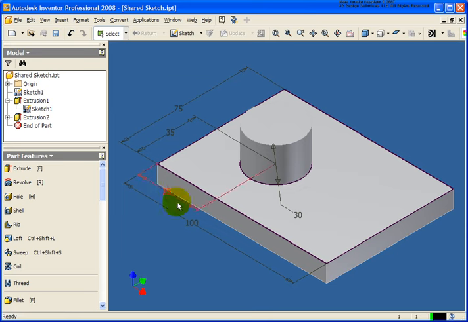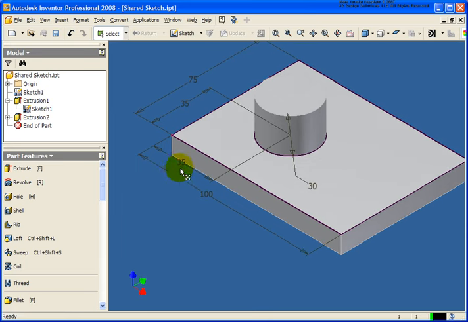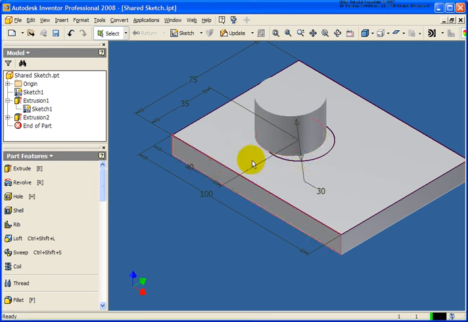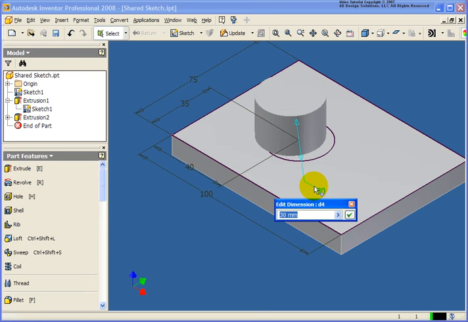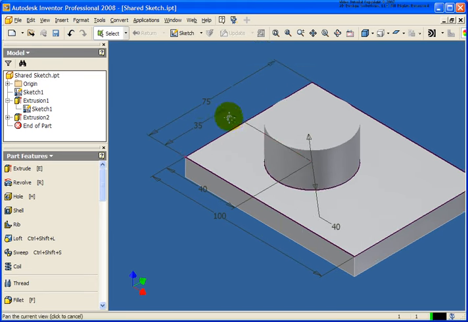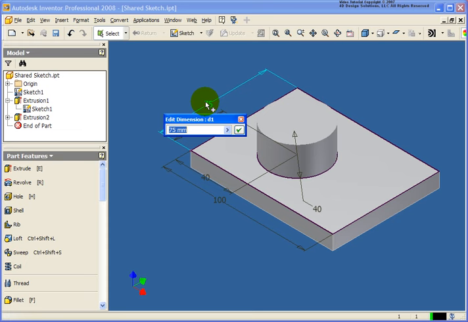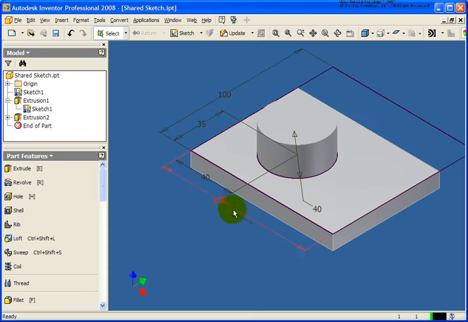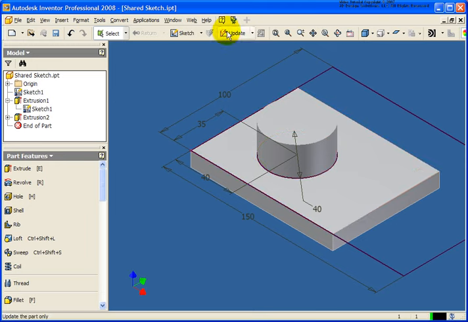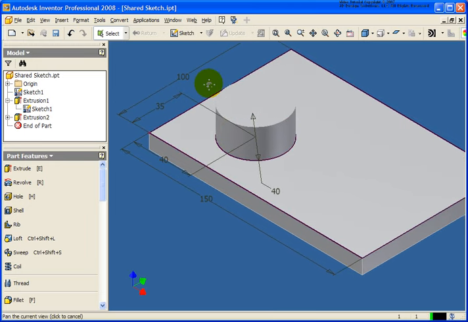So what does that mean? If I would change any of the dimensions on any of the sketches here, so in this case, let's go back and make that 40, and we'll change this to 40 as well. Do an update. Everything updates there. Being that it's the exact same sketch, no matter what I change, everything is going to update accordingly,